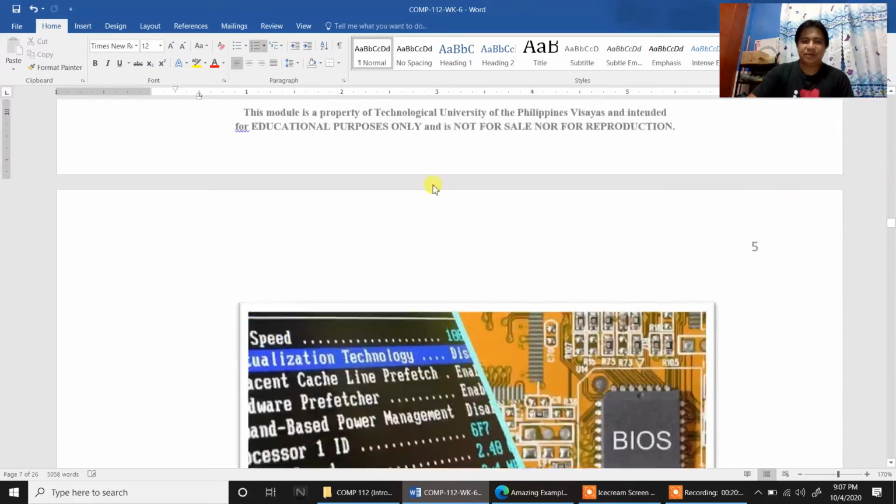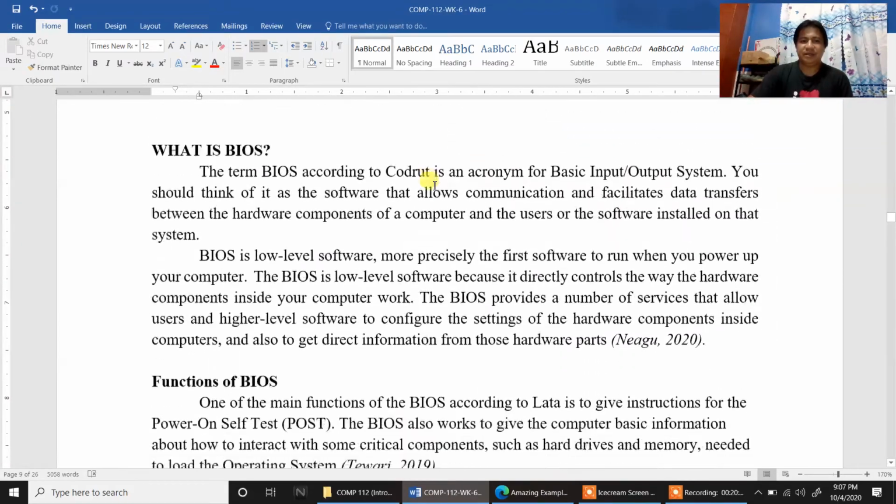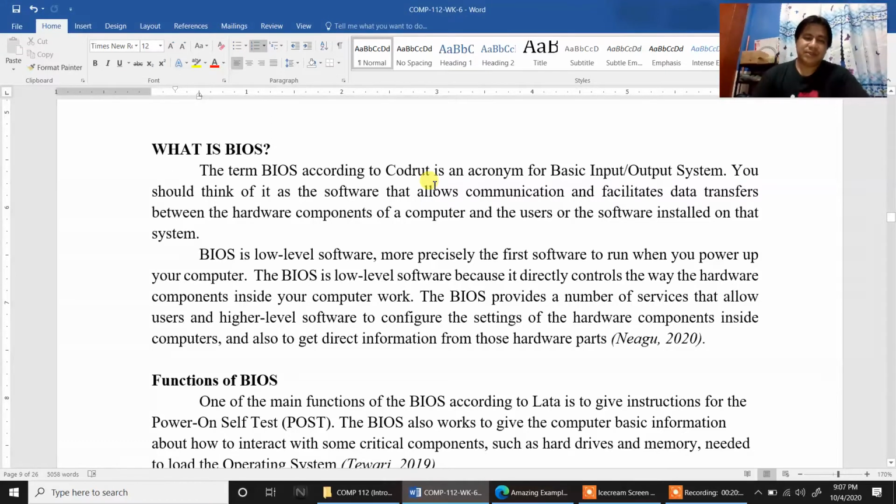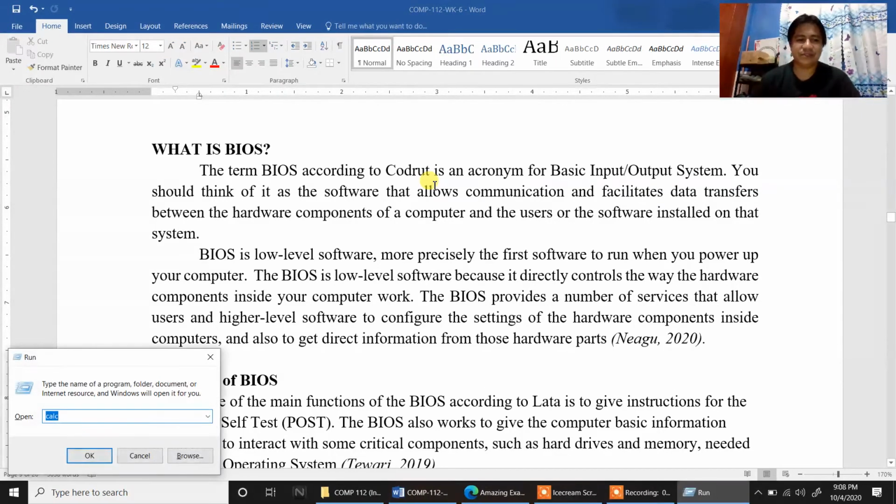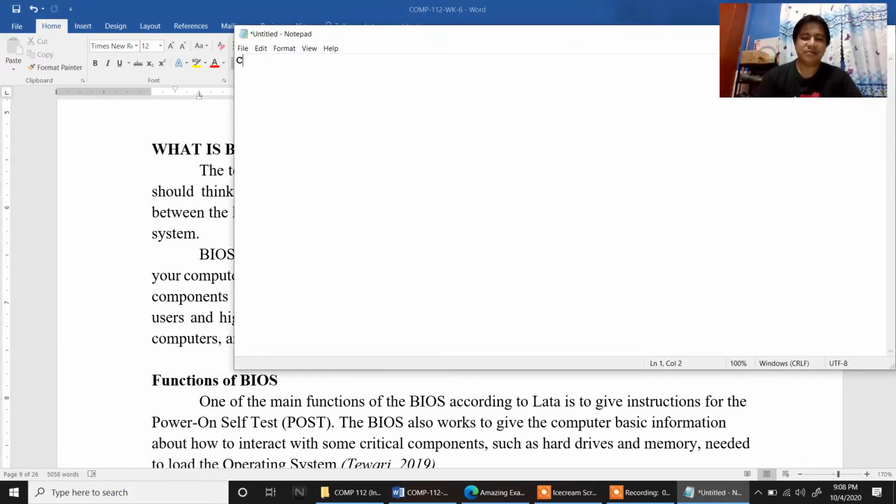Then, we will proceed to the BIOS. BIOS stands for Basic Input Output System. Most specifically, the BIOS can be found in your hardware. It is on a microchip, and that microchip is called the CMOS. Okay? CMOS. CMOS stands for,